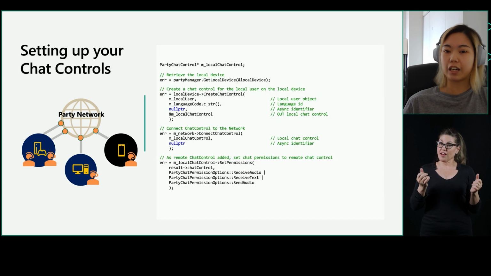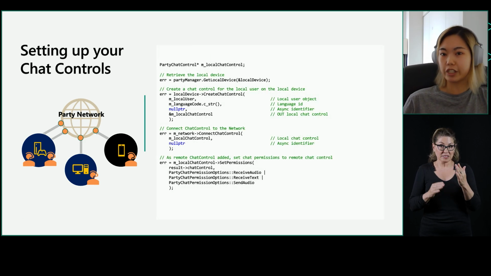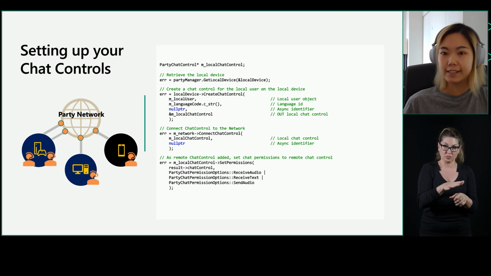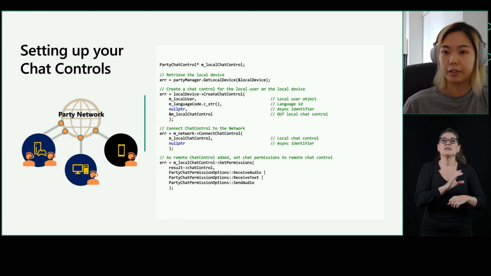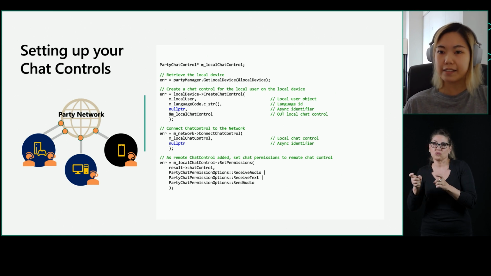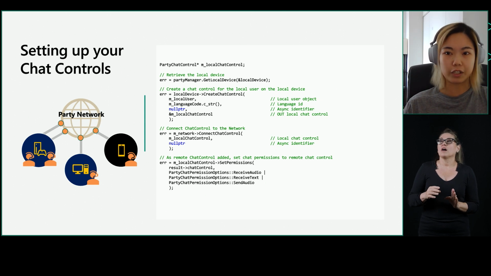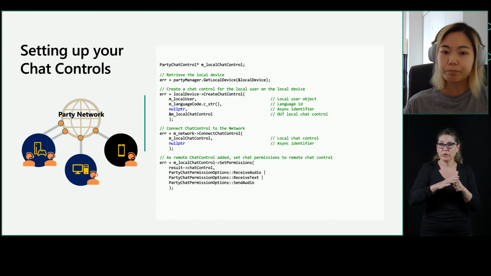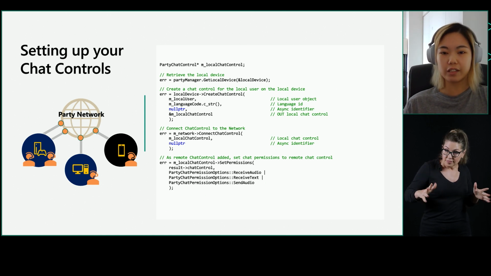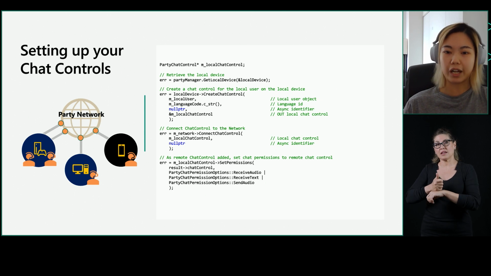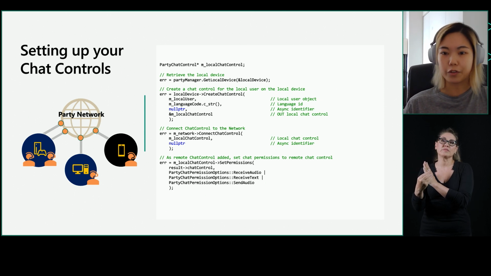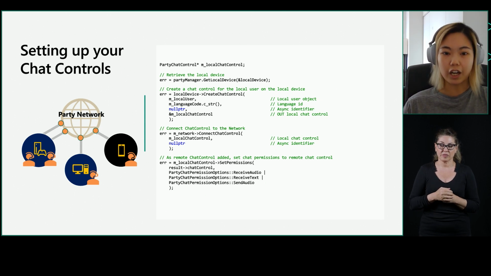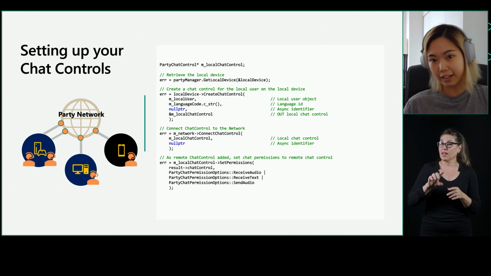So now let's take a look at some code to set up your chat controls. So first, you would retrieve your local device, and then you will create a chat control for the local user on the local device. You will specify things like local user object, language, async identifier, local chat control. And then after creation, you can set default input-output using system default values through Party device selection types. Default permissions is none,